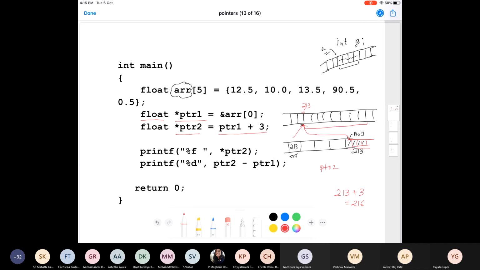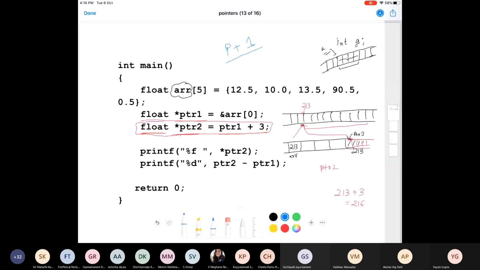So you should note here, this thing is very important. Whenever we declare a pointer type of a variable, the pointer also has some type, which can be a float, char, int, or anything. So whenever you add some integer to a pointer, let's say I have this pointer p, and I'm adding an integer here, plus 1. What it will actually do is advance it by the size of that particular element. So if it was an integer, you will go to the next integer. If it was a character, you will go to the next character.